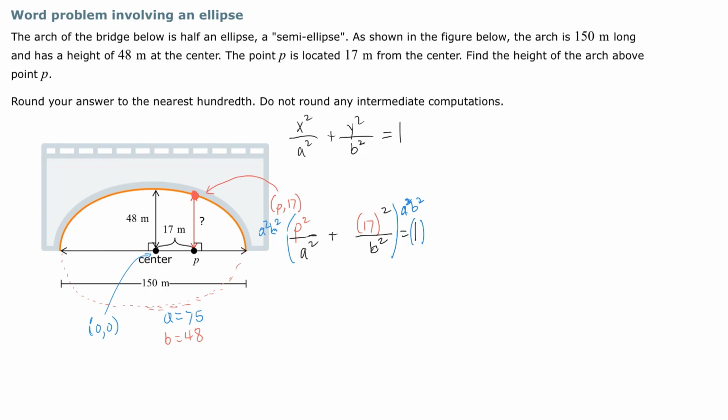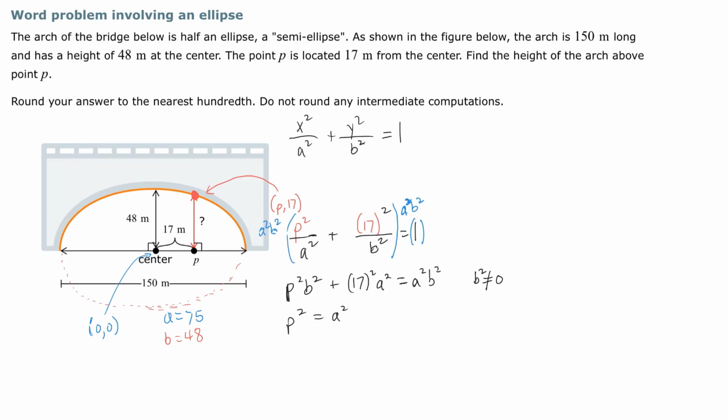What do we have left? We have p squared times a b squared plus a 17 squared times an a squared is equal to a squared times b squared. Solve for p. We know that b squared is not equal to 0. So p squared is now equal to